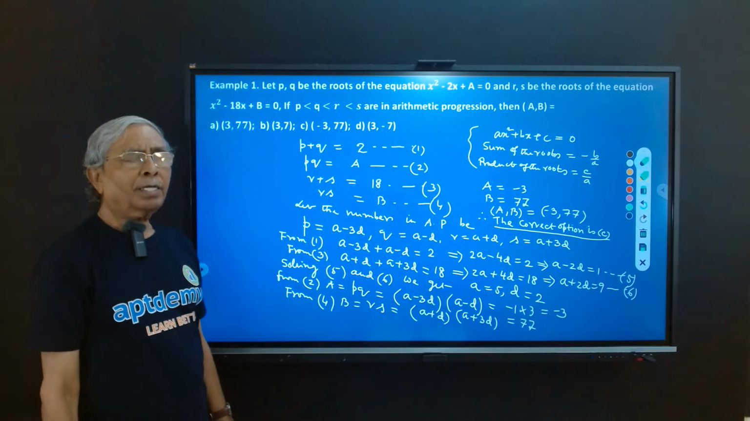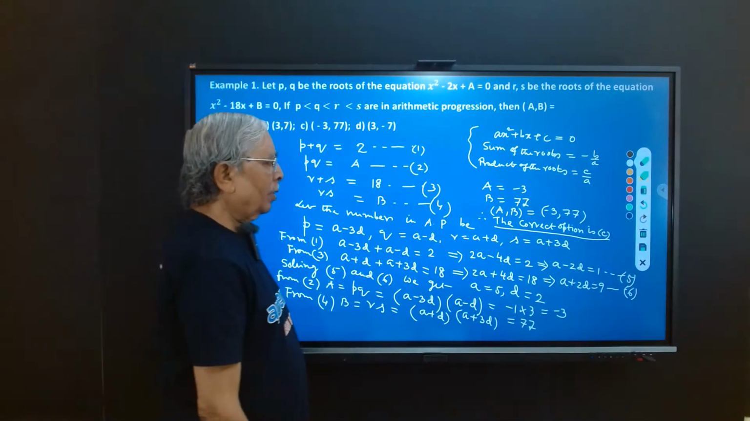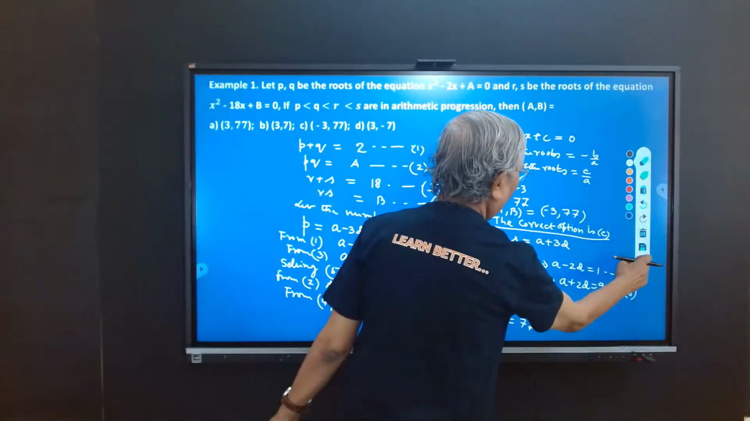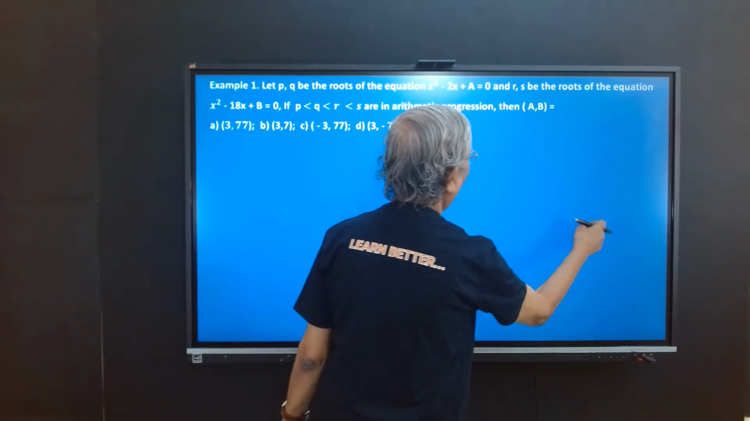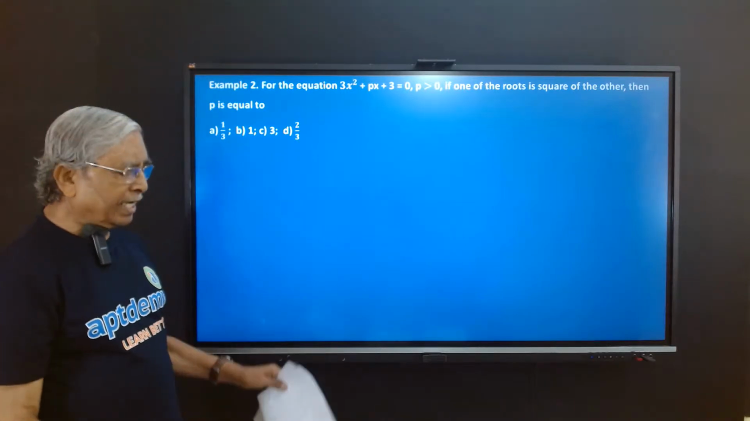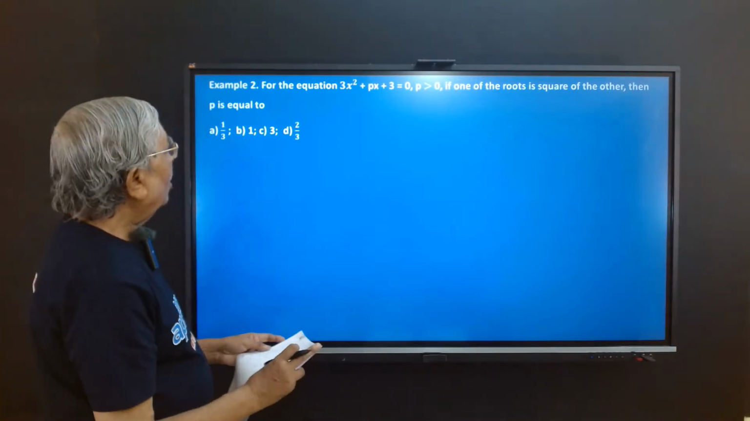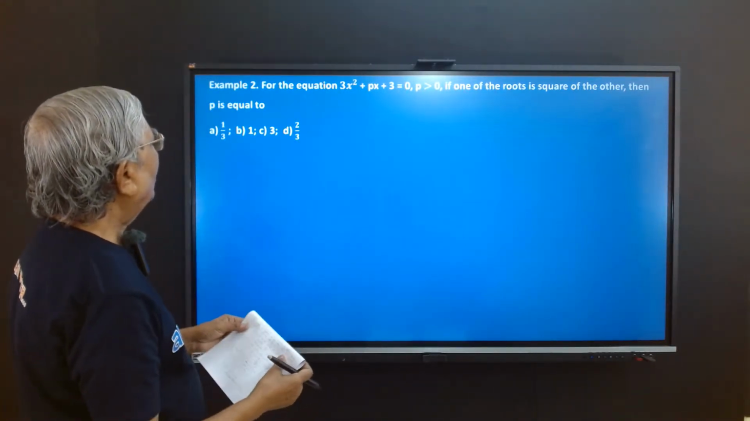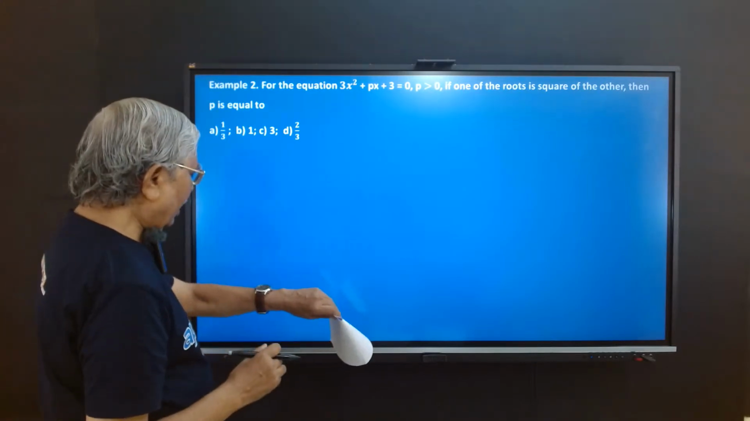So we have completed the problem. Next, come to the second problem. What is the problem? We are getting the problem for the equation